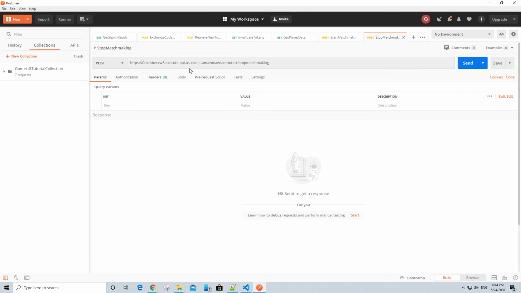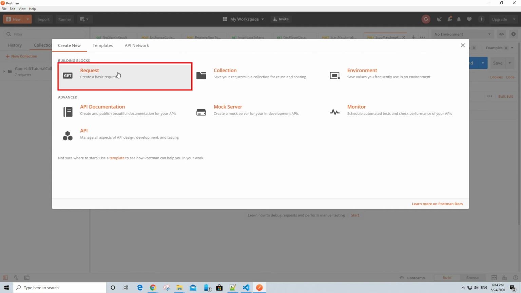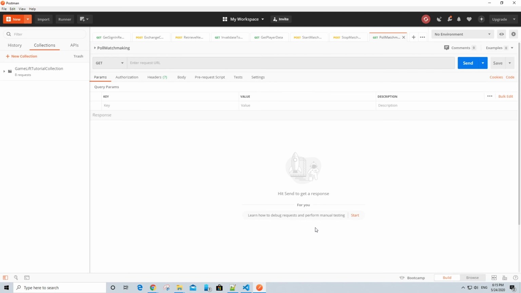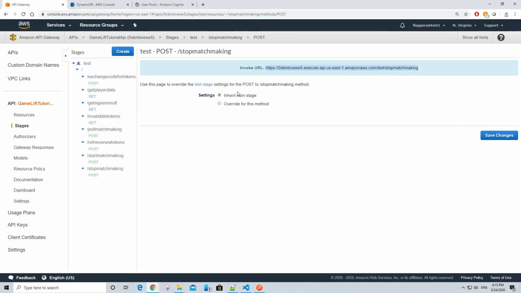Press Ctrl S to save that, and let's make one last request for the last API method. So click on new, click on request, and for the request name, this will be for poll matchmaking. Keep using the same collection, click on Save to GameLift Tutorial Collection, go back to API Gateway, and then under